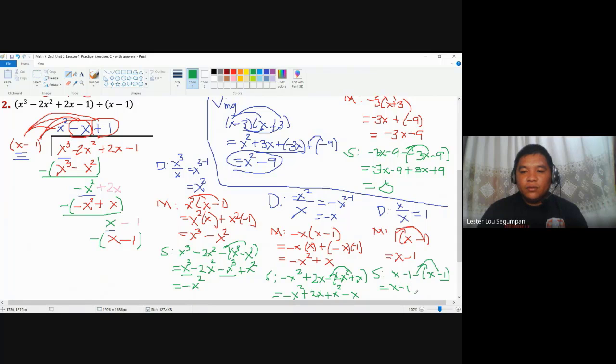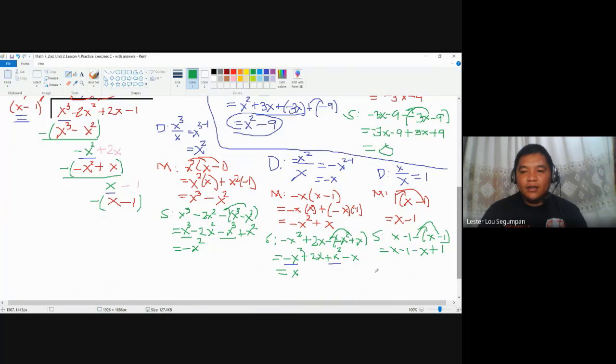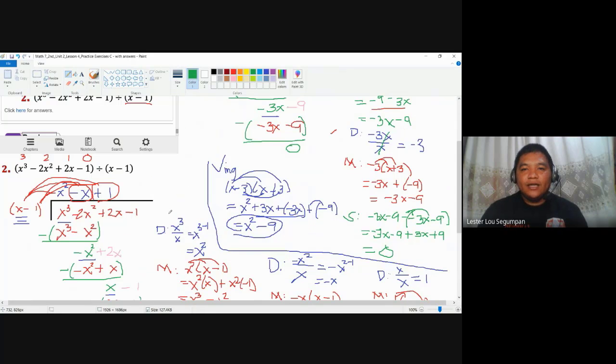Distribute. You have minus x. Negative times negative will become plus 1. As you can see, x minus x is 0. Negative 1 plus 1 is also 0. This ends now your process because the result here is 0 and no more terms can be brought down. So after the 3 cycles, here is our quotient. x squared